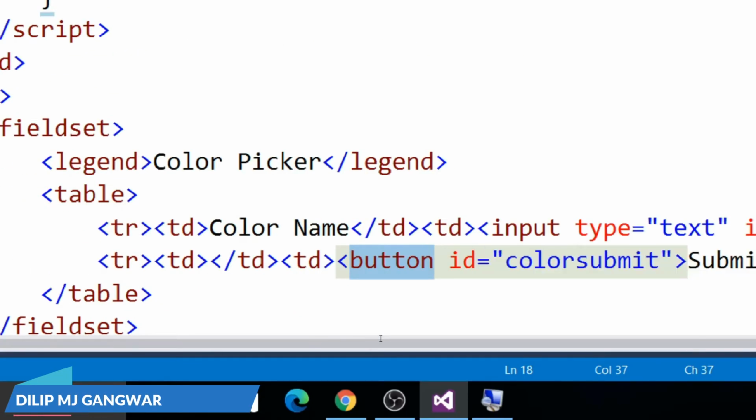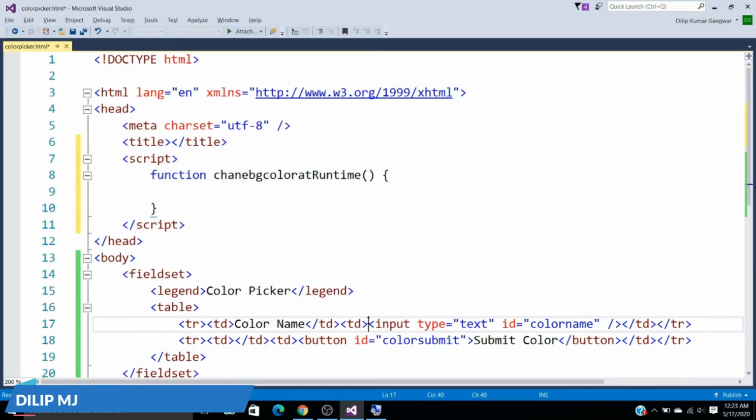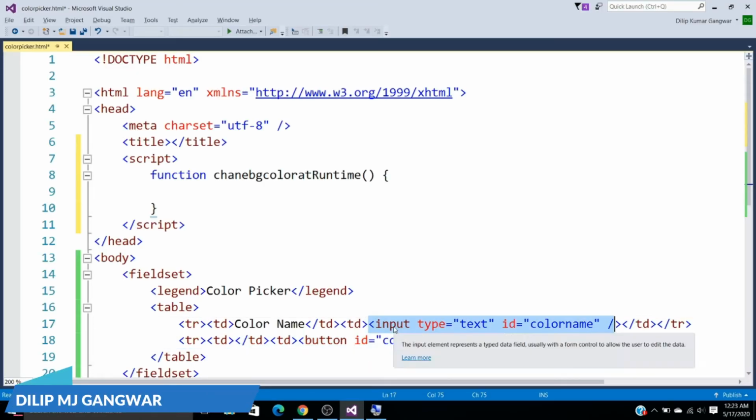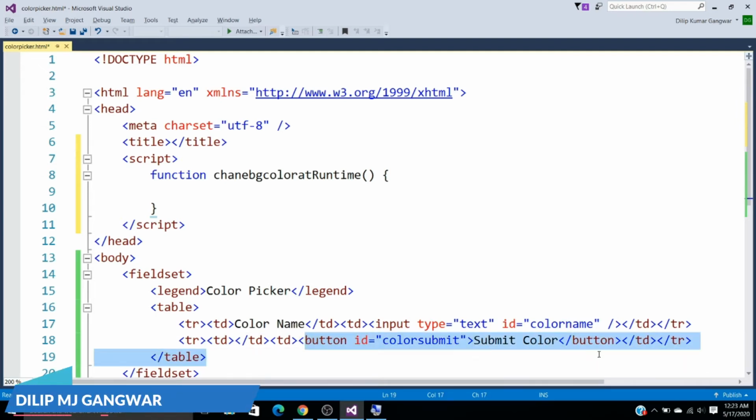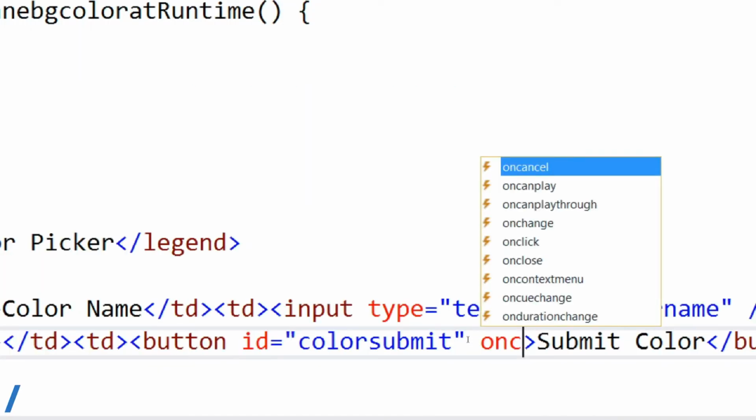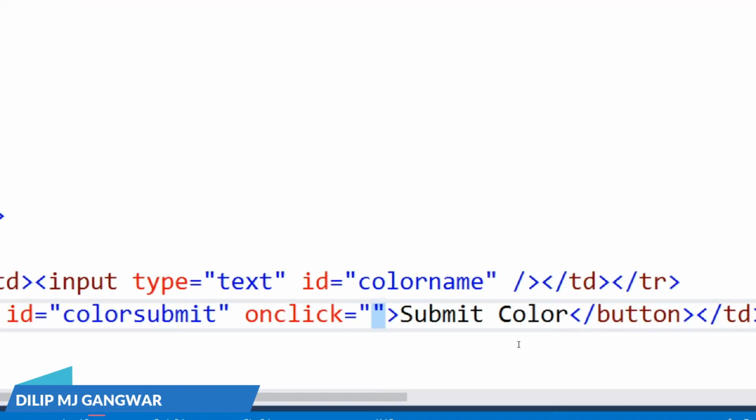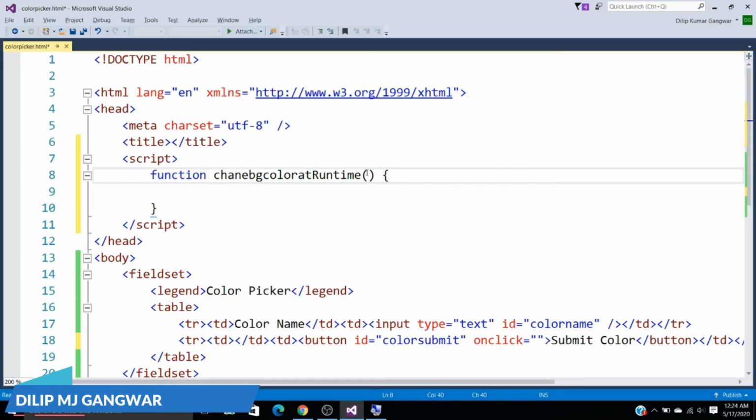When the user clicks on this button, we will take the color entered in this text box by the user, and submit that color by this button and send that color to this function to apply it. On every button there is an event, the onclick event. We will take help of that onclick event. So on that button we want to pass that input color. If you know simple programming aspects, then you know that when you pass any value to a function, you need to have parameters in the function parenthesis. So I am creating the parameter here. This is a simple variable. Now when we call this function, the color will be passed in this parameter.